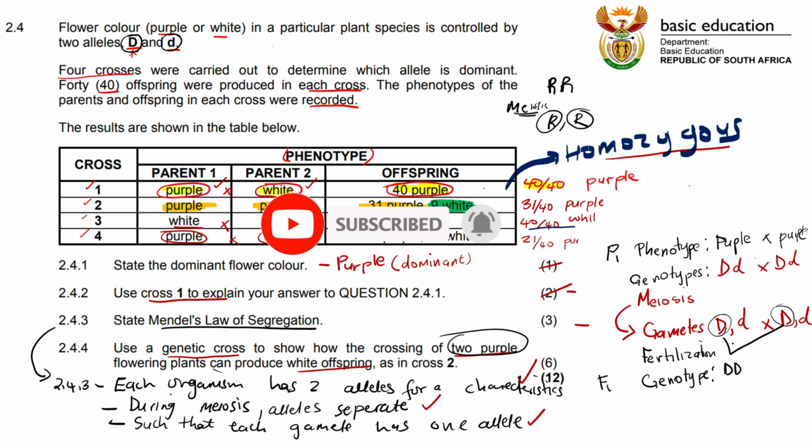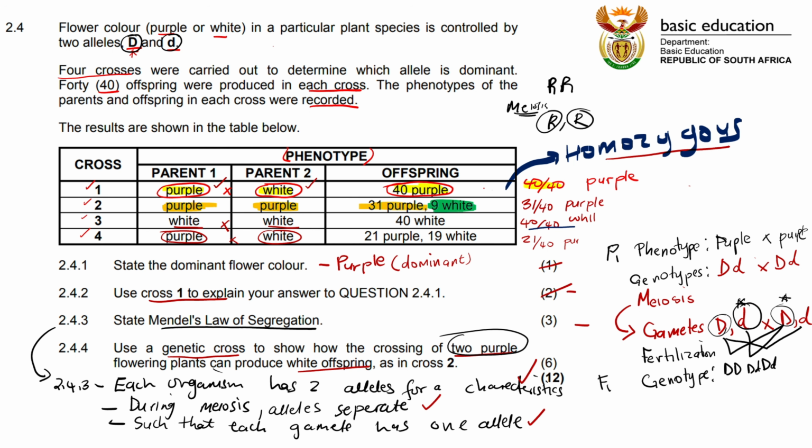Okay, DD. Or maybe this first D can combine with the small letter d from the female side. That will be capital letter D, small letter d. Or maybe this small letter d here will combine with this capital letter D here, something like this. That will be capital letter D, small letter d. And then the last combination, the first D can combine with the last D on the other side. So these two small letter d's can combine. We have small letter d, small letter d.